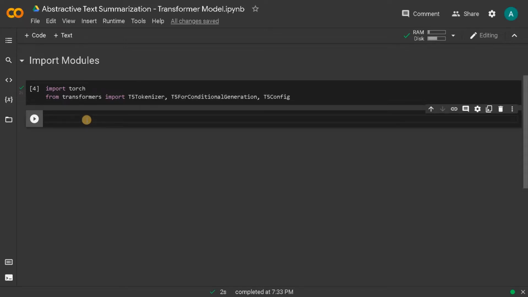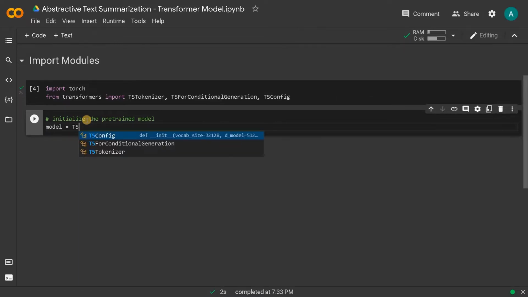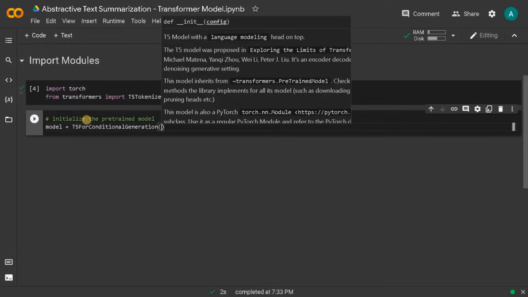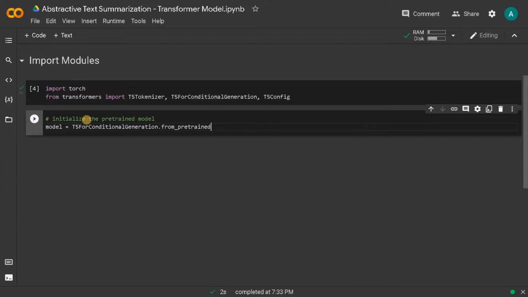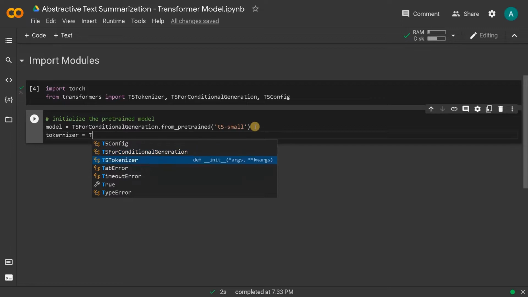Let's initialize the model. So I'm going to use a pre-trained model. Initialize the pre-trained model. So model equals T5 for conditional generation dot from pre-trained. Specify the model name. So T5 small. It also has other variants like T5 base, T5 large, and if you want a bigger model you can see what types of transformer models are available and just mention the name here. So this will download the pre-trained model, that is the model weights, and after that tokenizer equals T5 tokenizer